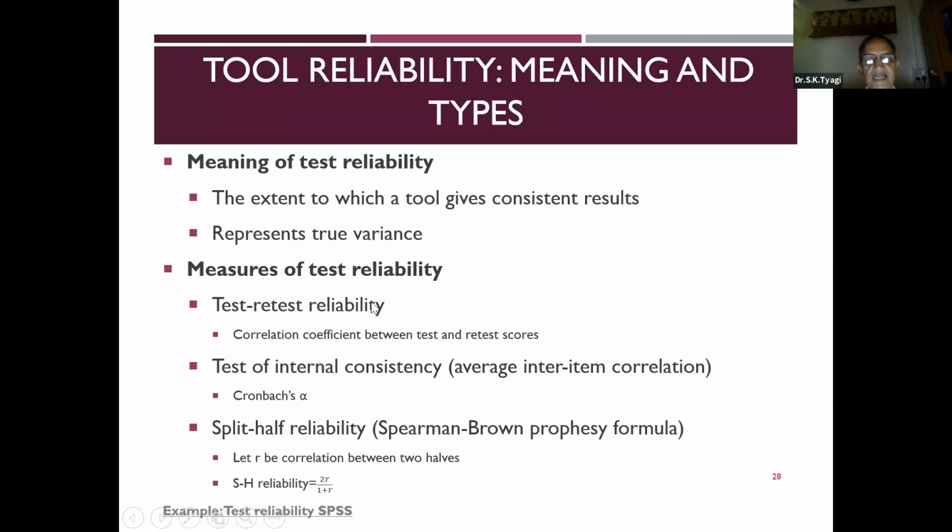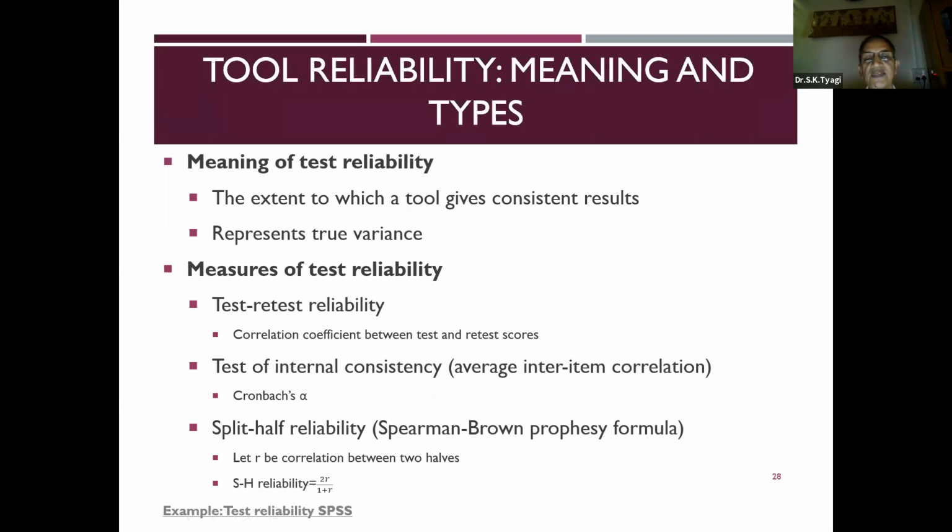One is test-retest reliability. It is nothing but the correlation coefficient between test and retest scores. You give a test to a sample, then after 10, 15 or 20 days, you once again give that test to the same subjects and find out the correlation. The difficulty with this approach is that people who were present in the first administration may not be there in the second administration.